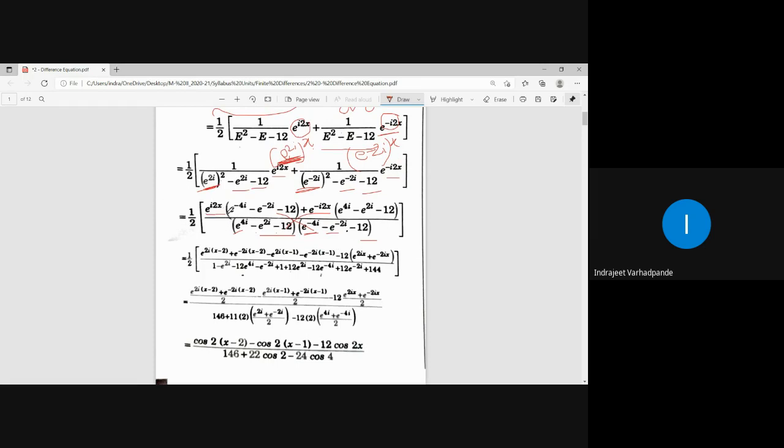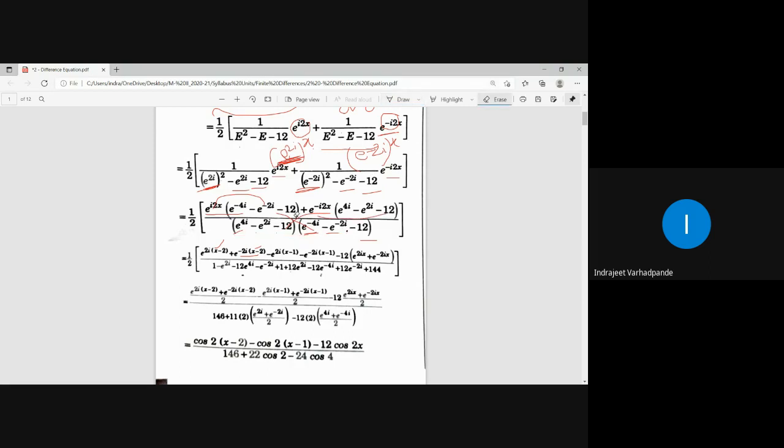E to the power i2x into this. So what can be taken common? 2i can be taken common. ब्रैकेट में बचेगा x minus 2. Similarly इसको मल्टीप्लाई करो, e to the power minus 2i common, ब्रैकेट में बचेगा x minus 2. यहाँ पर constant term है. Collect these particular simplifications in the denominator also.